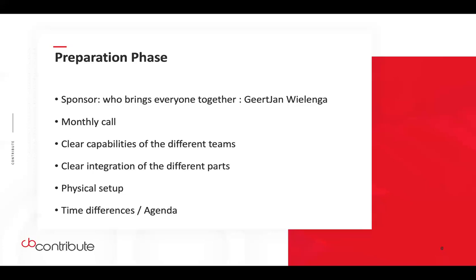So the physical setup, it's quite different everywhere else. So we took our own offices to do that. Christian, they took out in the school there. So it's quite different. And then we need to see that we have the room, we have necessary screens and necessary network connections and stuff like that in place. So that's always a bit of a fuss. So make sure that you get these physical setups right up front of the event itself.